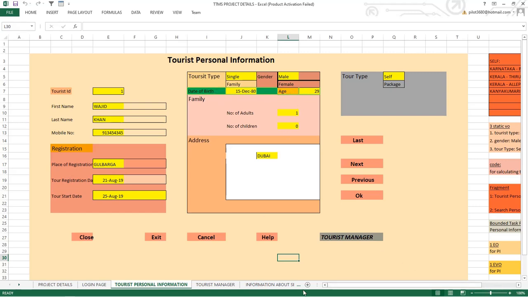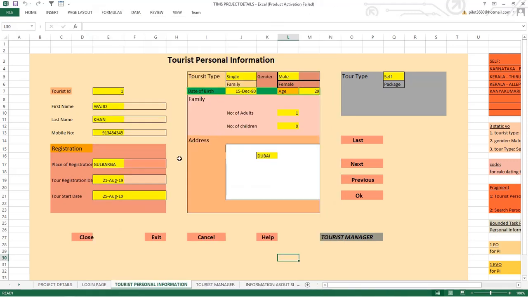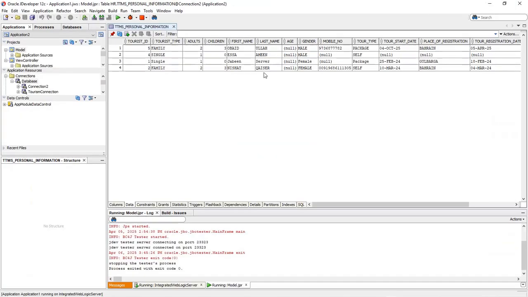the age. So in Oracle the code for this one is: floor(months_between(sysdate, birth_date) / 12) as age. I'll show you how to implement this in your application in today's video. So here first let's